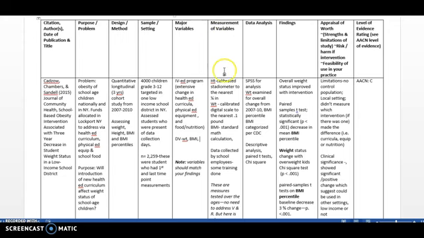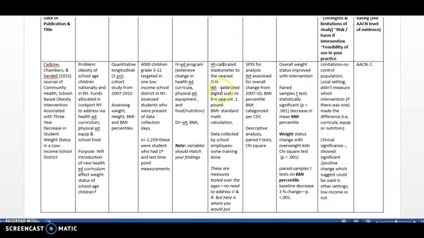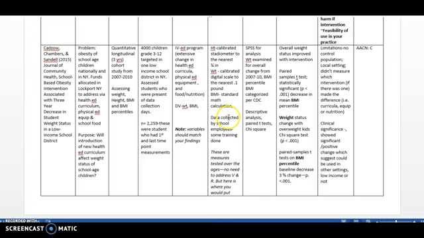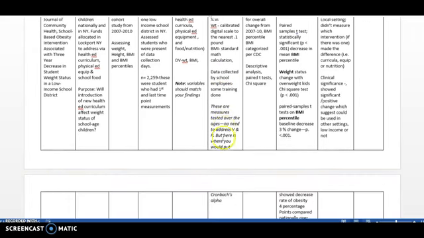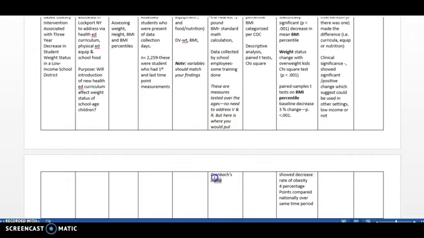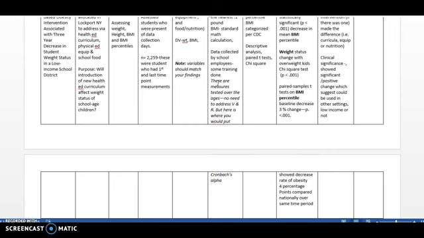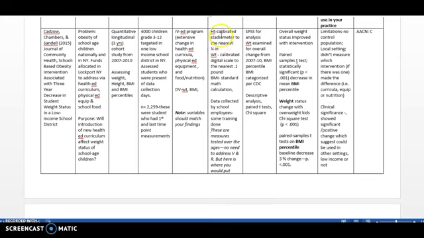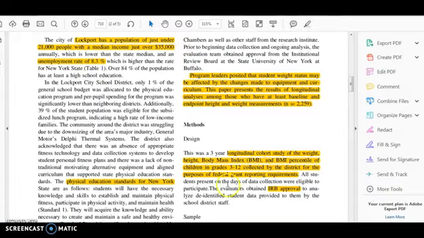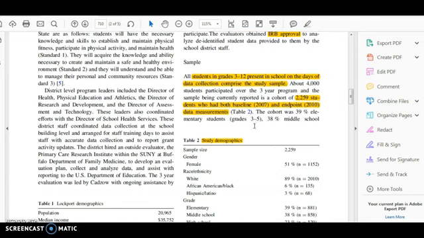We talked about the measurements. The measurements were height, how it was calibrated, weight, how it was calibrated, and then, of course, the BMI. In other quantitative studies, you're going to be addressing reliability and validity, and particularly with reliability, you want to put Cronbach's alpha in there. But these are tested. These are time-tested measures, and we don't need to address that. That's a basic assumption that these are reliable and valid. Okay, let's go back to the article, and let's talk about